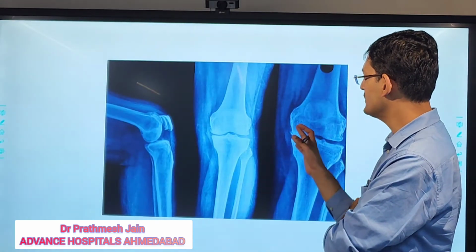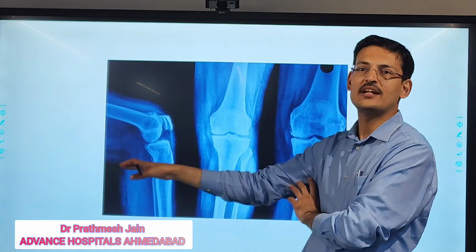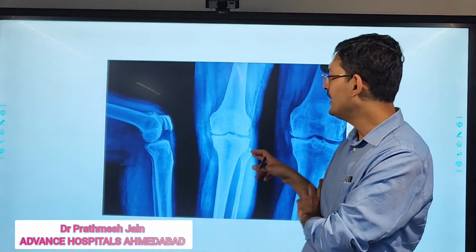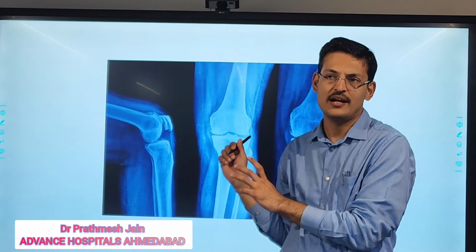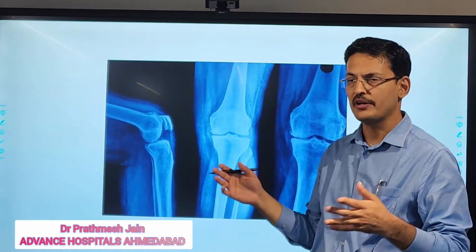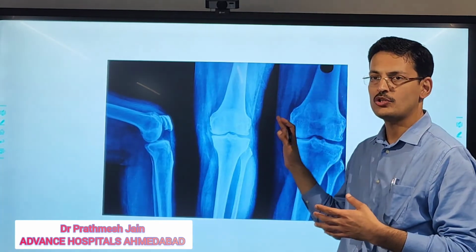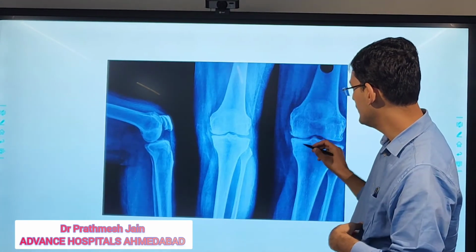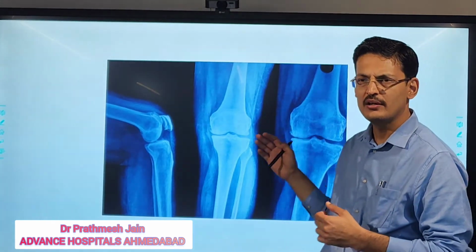And if you see the X-ray, imagine you go back to your OPD, this is a very common X-ray that you will see. Every OPD you will see about 3 to 4 patients per day who present with this sort of X-ray, and you will label them as early osteoarthritis, and we will do all sorts of procedures like physiotherapy, occasional injections, PRP, whatever. So this is what we call early osteoarthritis in our practice. Here you can see there is a little decrease in the joint space on the medial side. The lateral space is relatively okay.